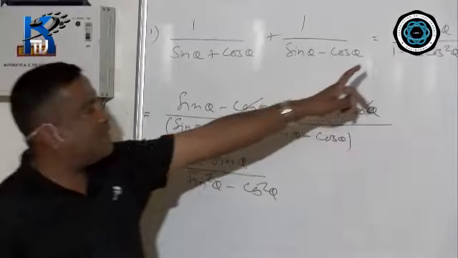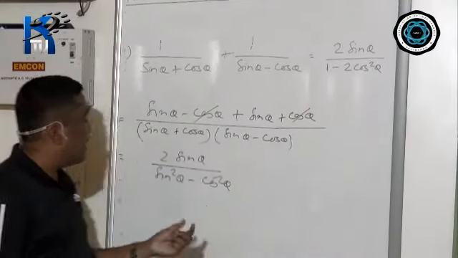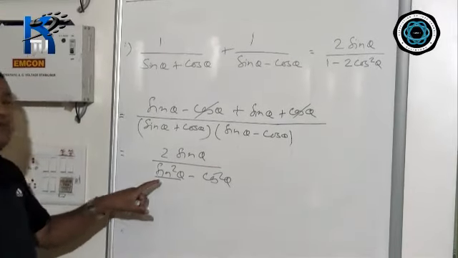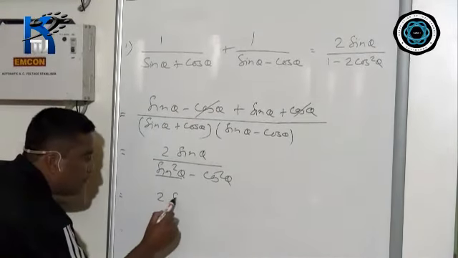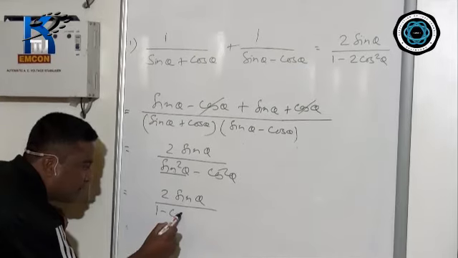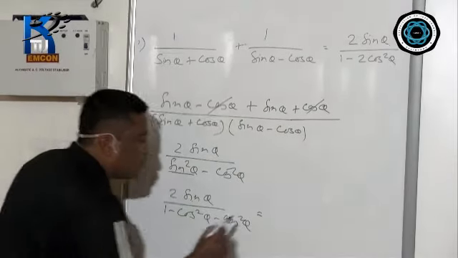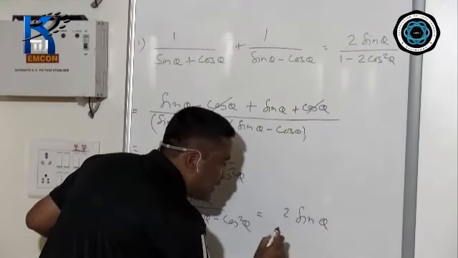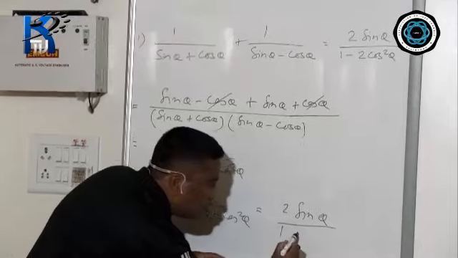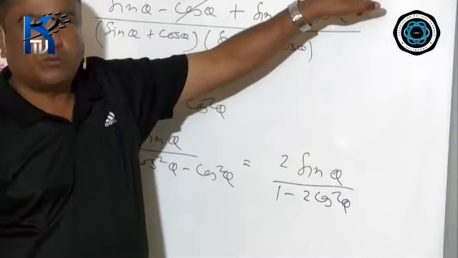Now, what is the right hand side? Right hand side is 2 sin theta divided by 1 minus 2 cos square theta. Now we are getting only cos square theta. Now it means this sin square theta also means 1 minus cos square theta. Therefore, write 2 sin theta divided by, instead of sin square theta, you write 1 minus cos square theta minus cos square theta, equals 2 sin theta divided by 1. Now minus into minus is plus, 2 cos square theta, but sign will be minus, hence proved.